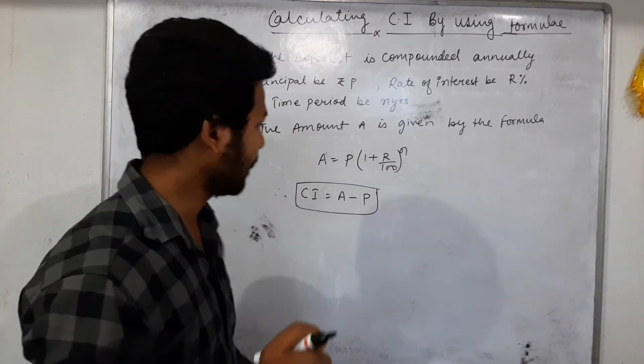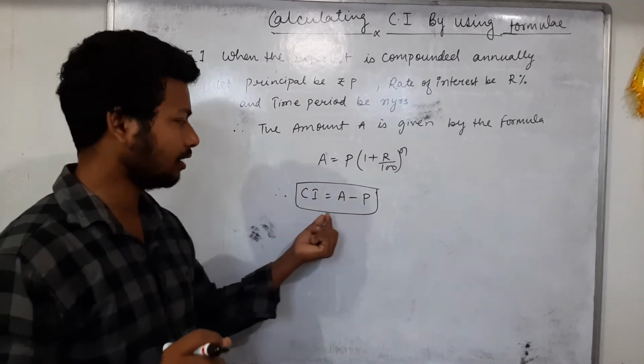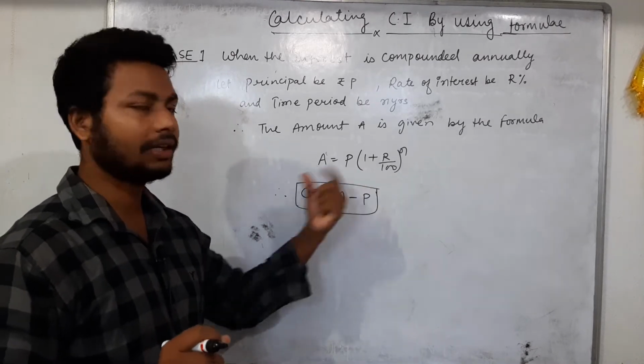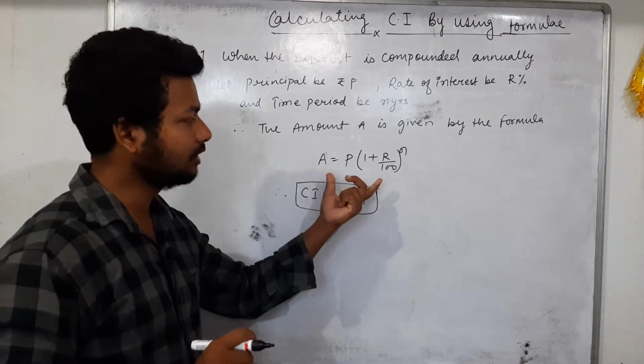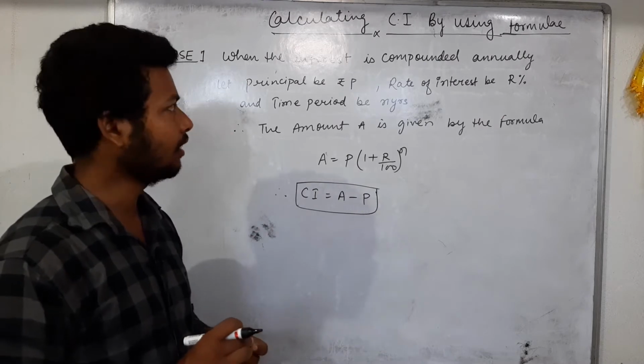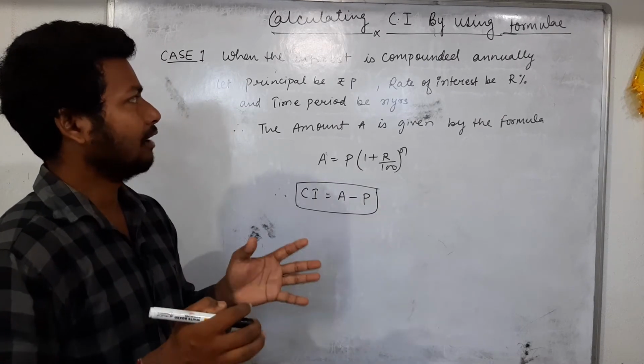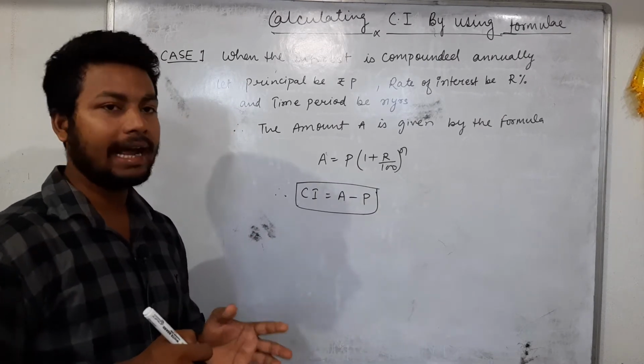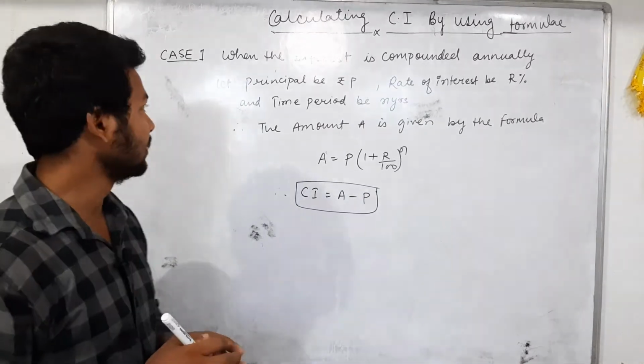मतलब कि आपको अगर कंपाउंड इंटरेस्ट निकालना होगा तो अमाउंट माइनस प्रिंसिपल कर लेंगे अमाउंट निकालने के बाद. So we will use this formula when we have to calculate the compound interest annually. The second case,